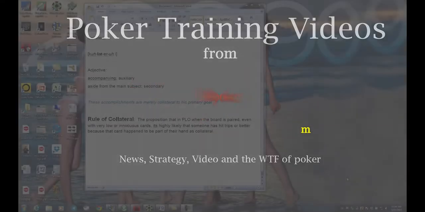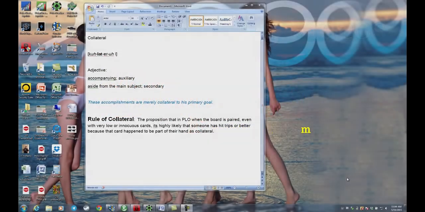School. This is CFTheNatural, and today I'm going to discuss something that I have named the rule of collateral. It's a concept in pot limit Omaha that I think's been around for a long time. I've never seen anybody attach a name to it. So I came up with the name, the rule of collateral, and I'm going to explain where I came up with that name, how it applies, and then I'm going to give some examples.